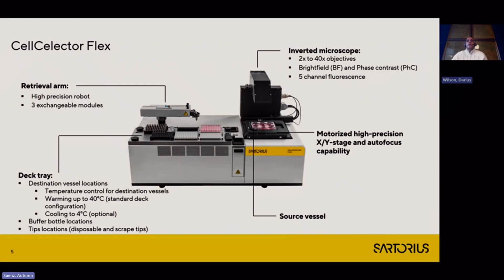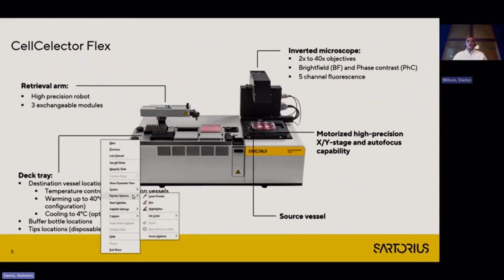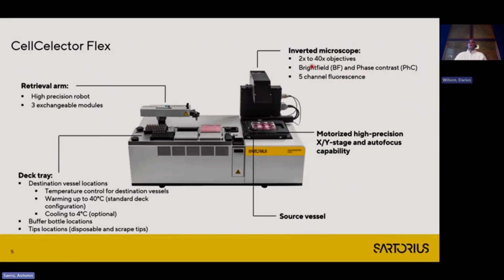So in a little bit more detail, let's start on the top right-hand corner in terms of what the instrument is looking at. So we have an inverted microscope. There are 5 possible objectives ranging from 2x to 40x, bright field and phase contrast, as well as 5-channel fluorescence.